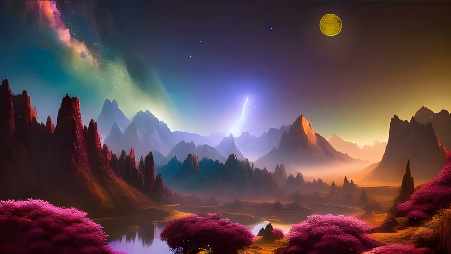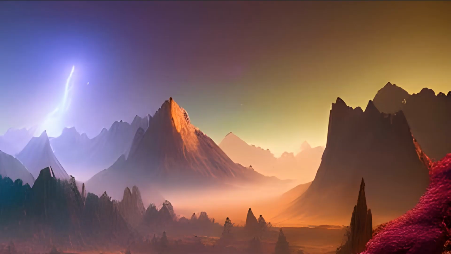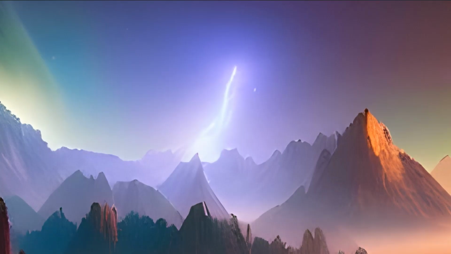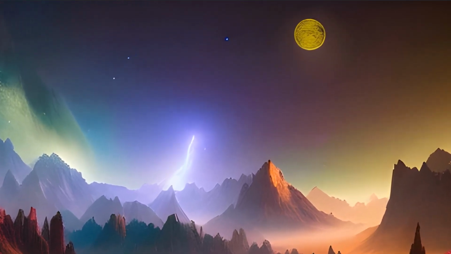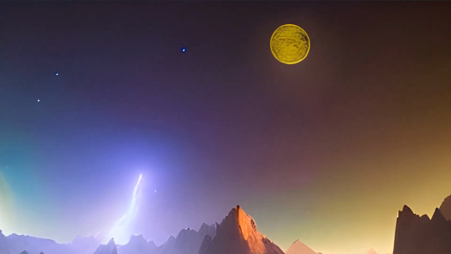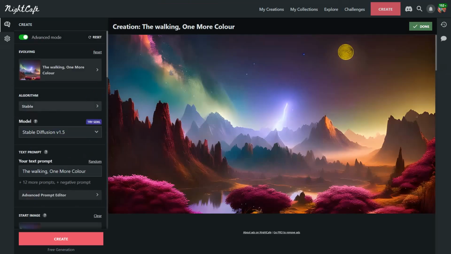All right, so here we have a beautiful alien landscape. We have in the night sky up here some glow. Who knows what this is? Maybe this is a distant alien city or something, right? We got some lightning up there. And we have a distant planet there in the night sky. Or maybe it's a moon. Who knows what it is, but let's see here.